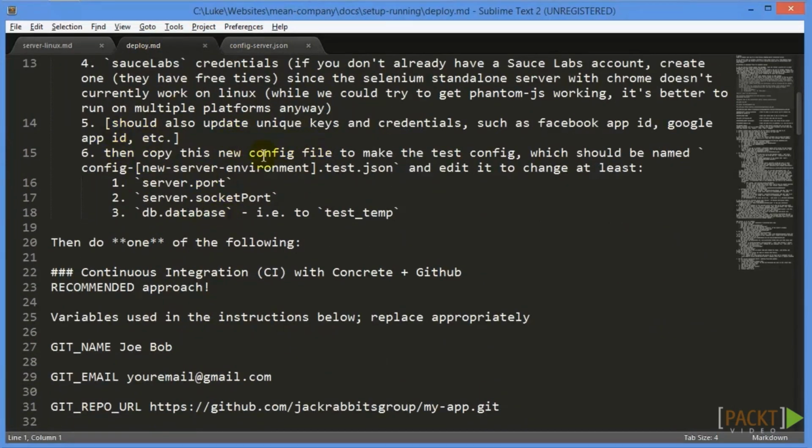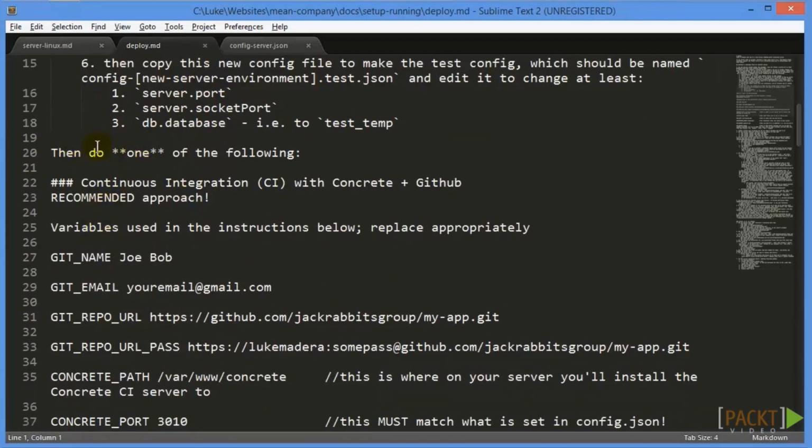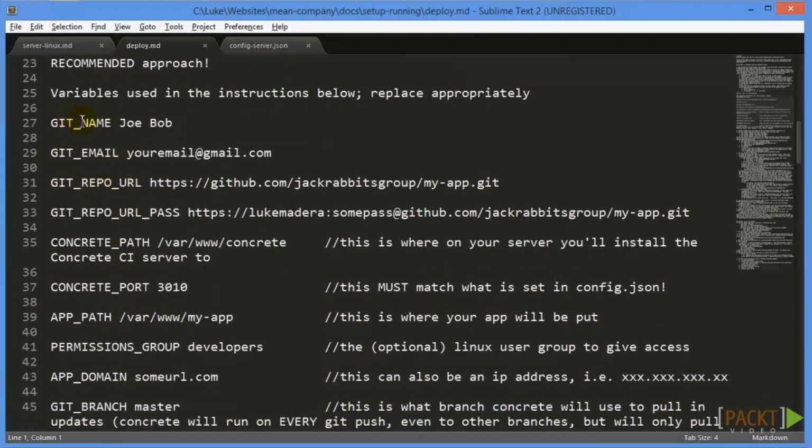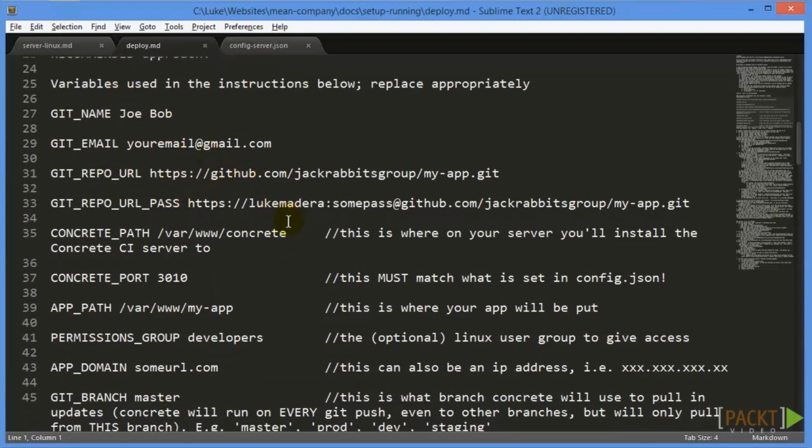It tells us to make our test updates. And then we have an option to do it with continuous integration or not. I highly recommend continuous integration. It has an example of variables here. You're going to replace them with your own email and your own GitHub account that you created in the beginning